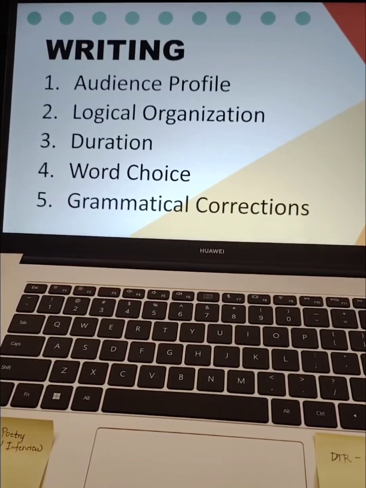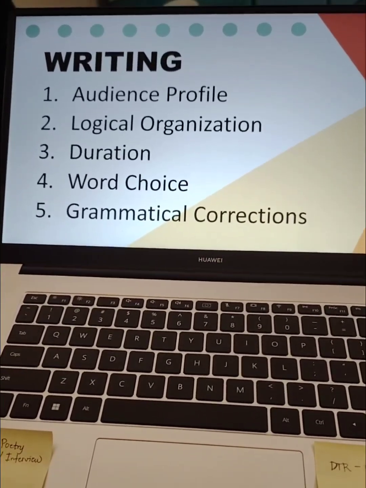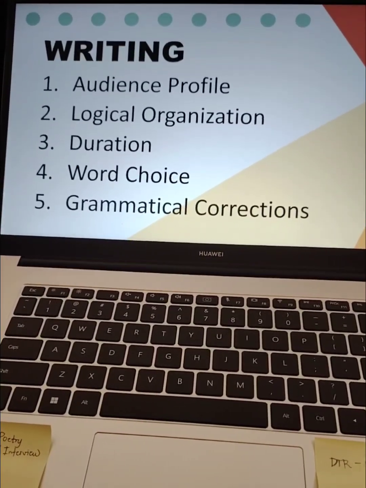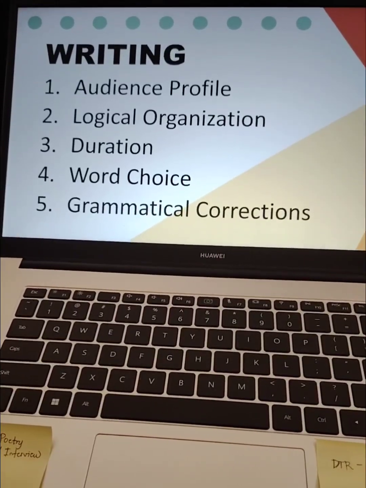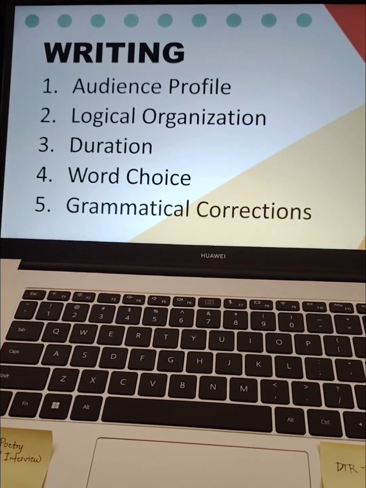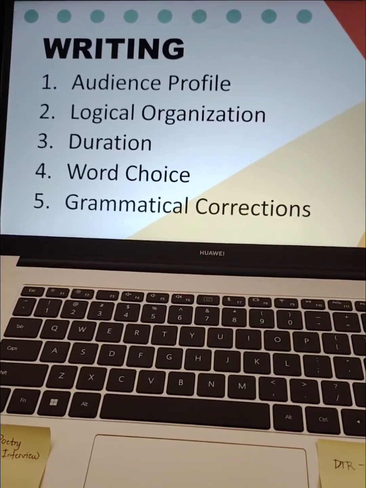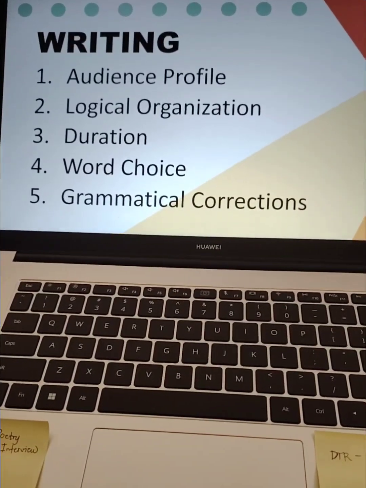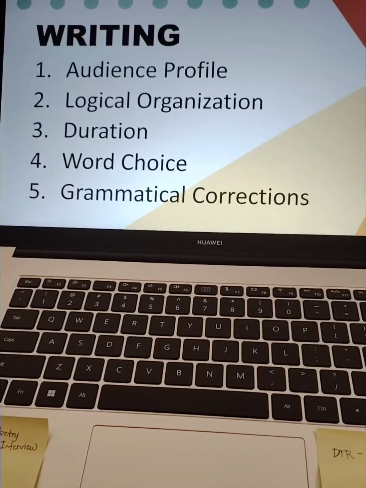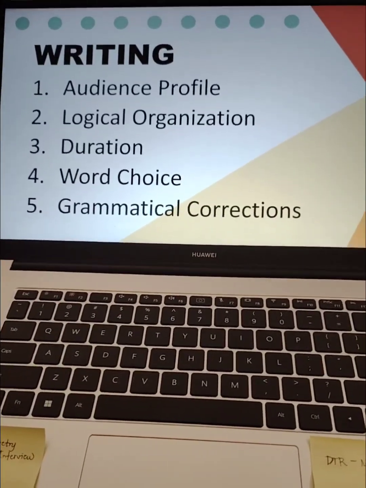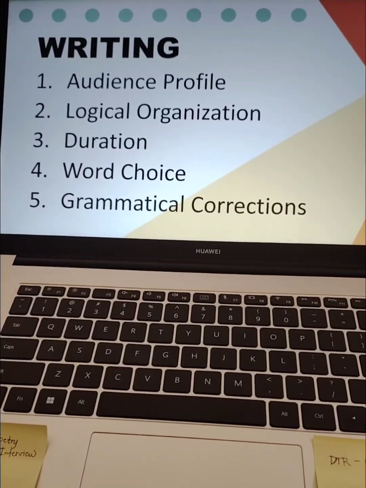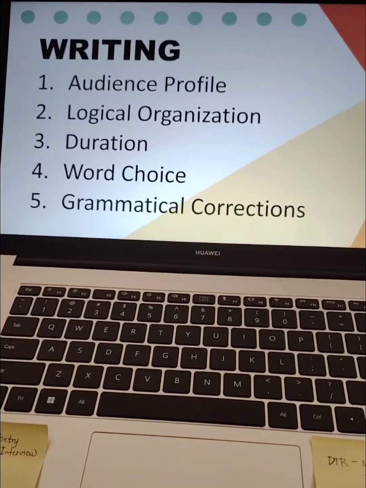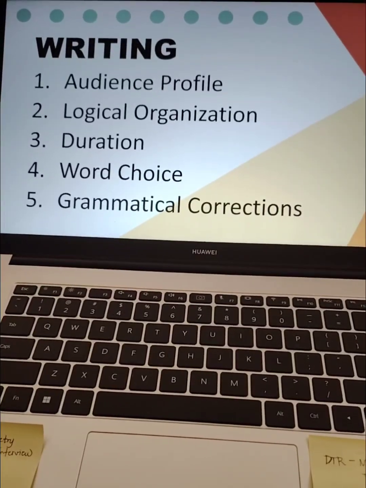But if your audience will be elementary or kids, you can just say about our topic, the word "about." So it has something to do with the preposition I've used, no? And you cannot use highfalutin words if you're only talking to people who are not yet matured. Let's say the one that I had given you as an example: if I am the speaker and I tell you, you know what, I really had a pulchritudinous life when I was a child. Do you understand what pulchritudinous means?